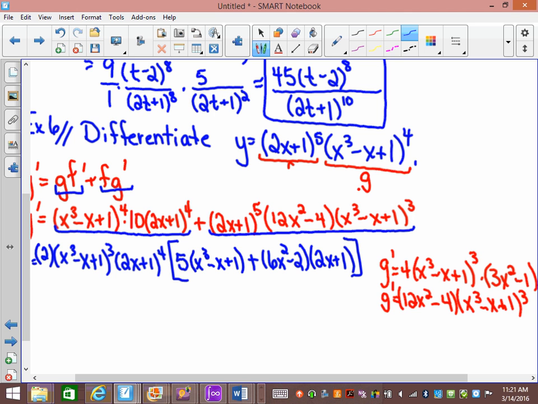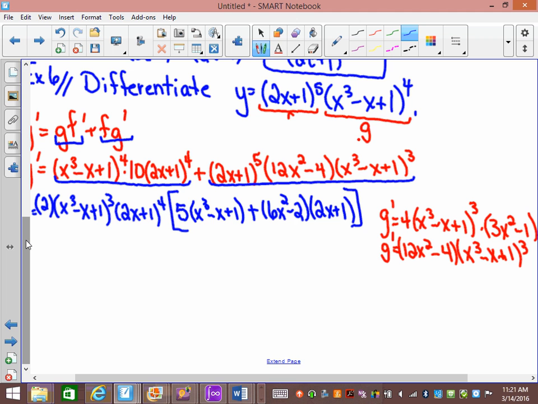Now, I still have square brackets because I need to distribute this. I know this still looks sad and makes you kind of want to cry, but not as bad as crying up here. So we still have to distribute these out. So you get 2 times x cubed minus x plus 1 to the 3, 2x plus 1 to the 4, 5x cubed